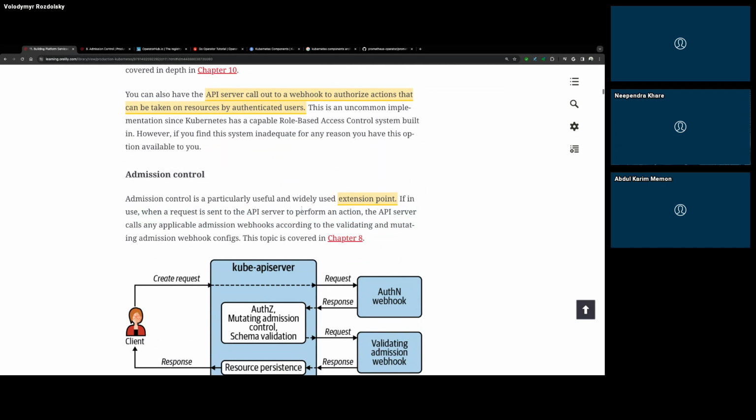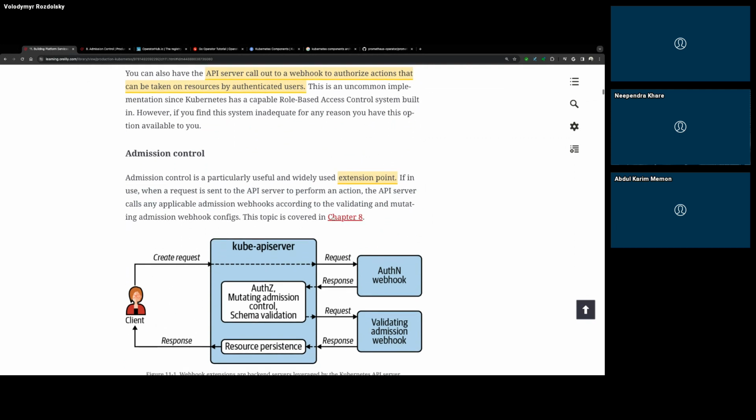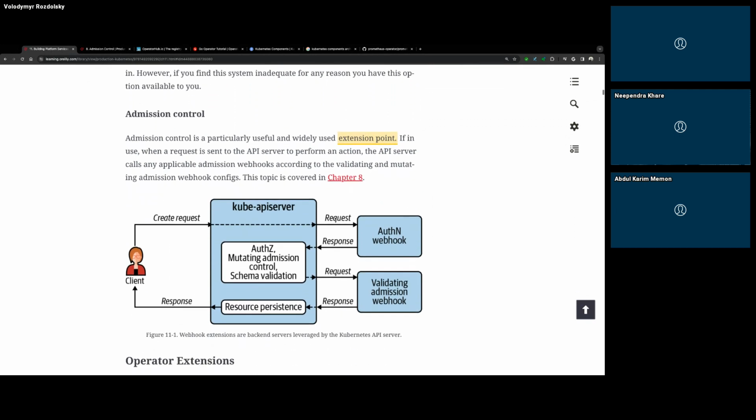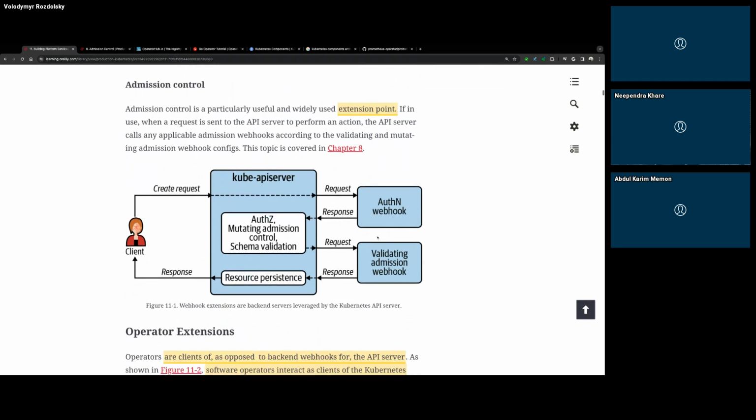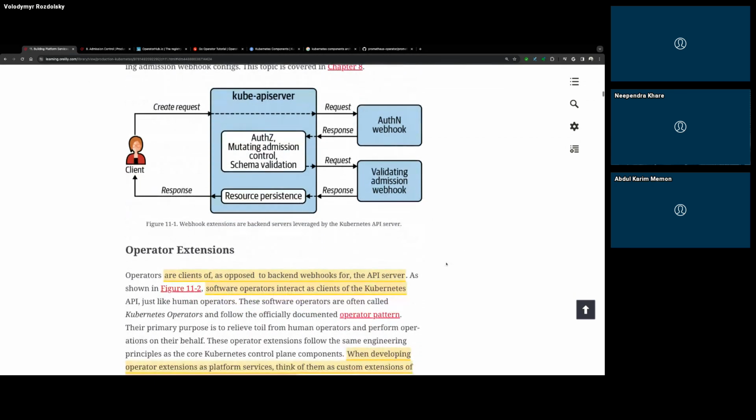And here it talks about how this can be extensible and how it can be used for building your own automation and functionality on top of this.